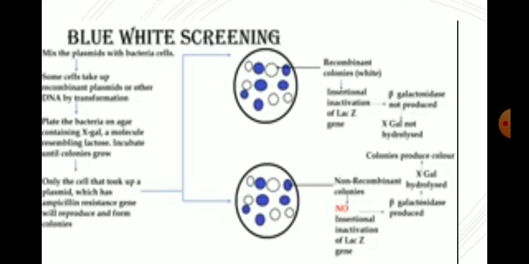Actually this gene codes for the amino acid leucine. When a yeast cell has this plasmid, it can grow on a medium lacking leucine. It means that when the yeast cells are kept on a medium where leucine is absent, due to the presence of the LEU2 gene, they can synthesize the amino acid leucine. So here it is used as a marker.